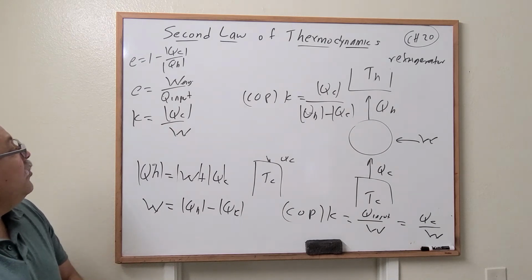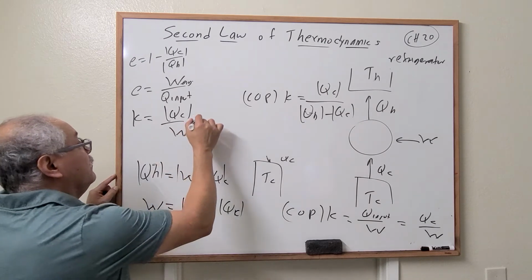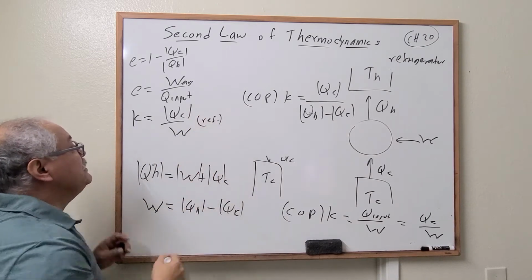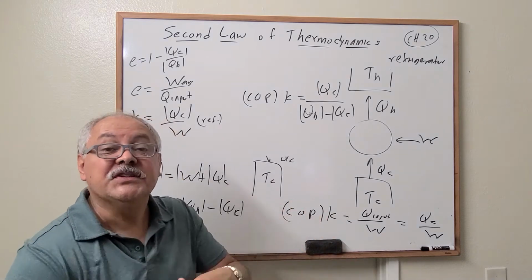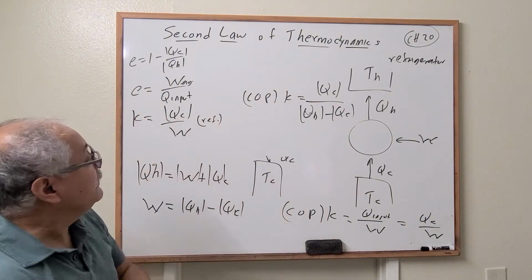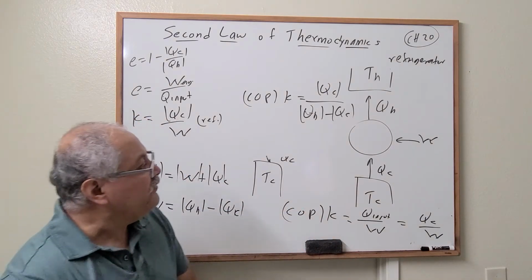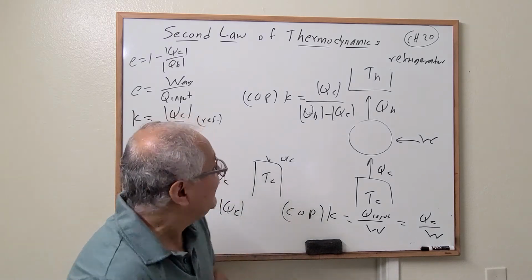And this is for a refrigerator, right? The refrigerator coefficient of performance goes from 5 to 6, right? The number, this ratio. Okay, what about for a heat pump? A heat pump